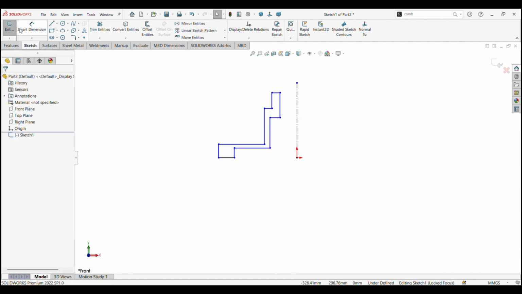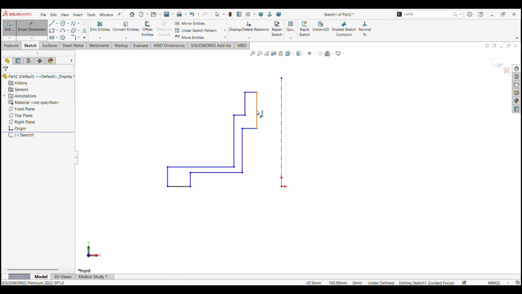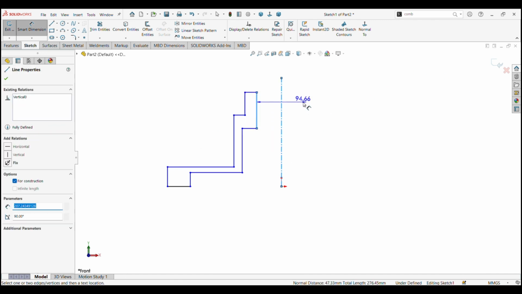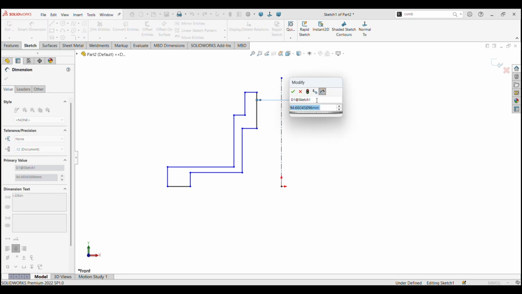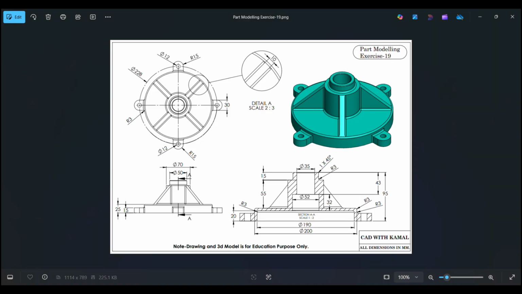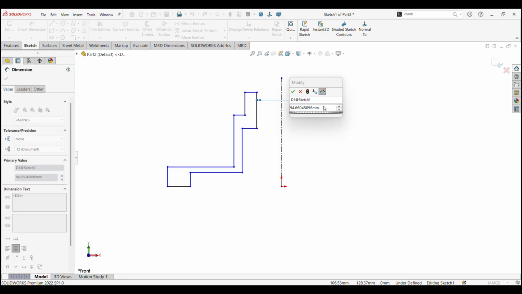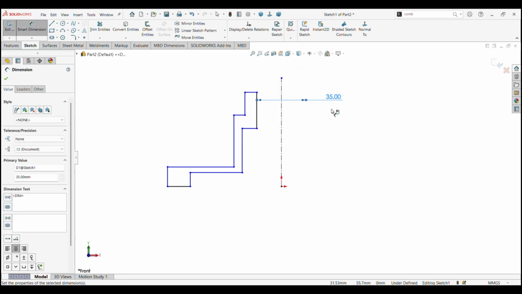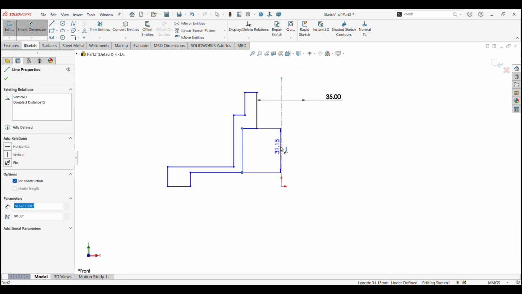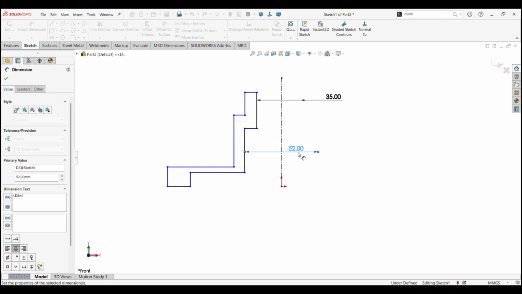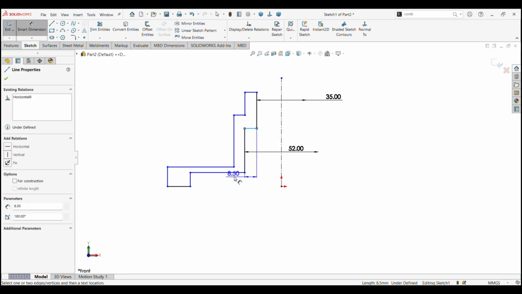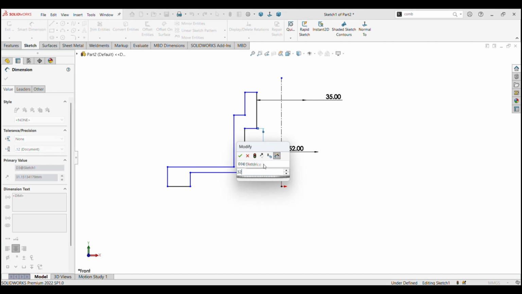Okay, let's apply dimensions. This is 35. This one is 52, this height is 32,